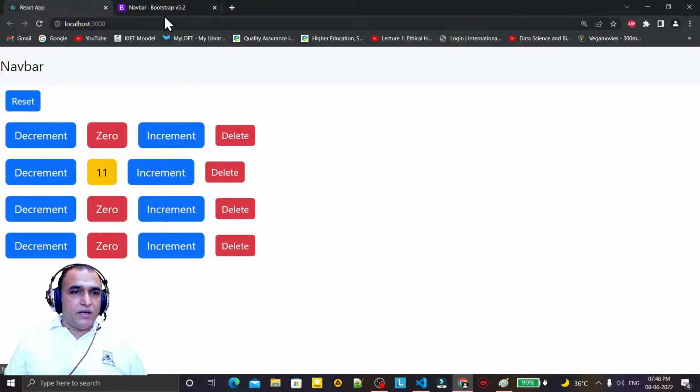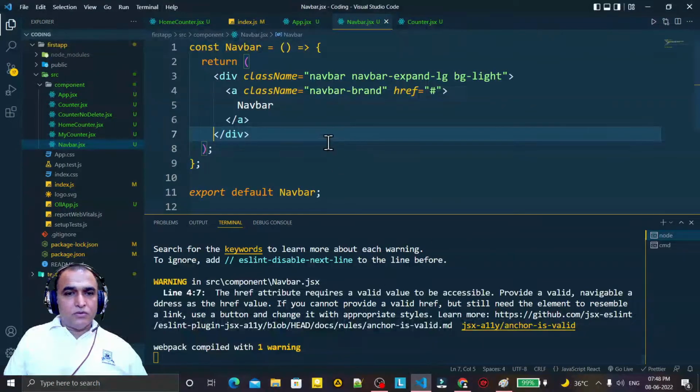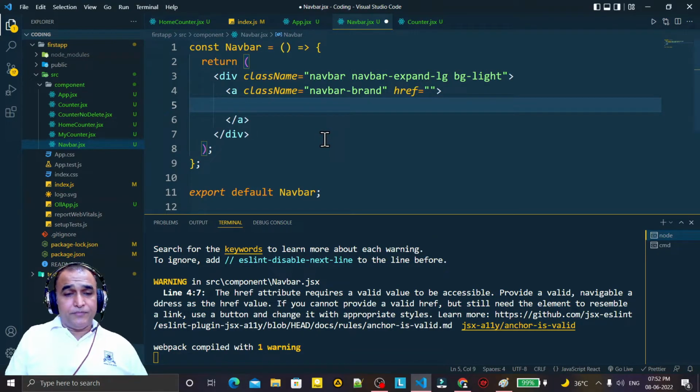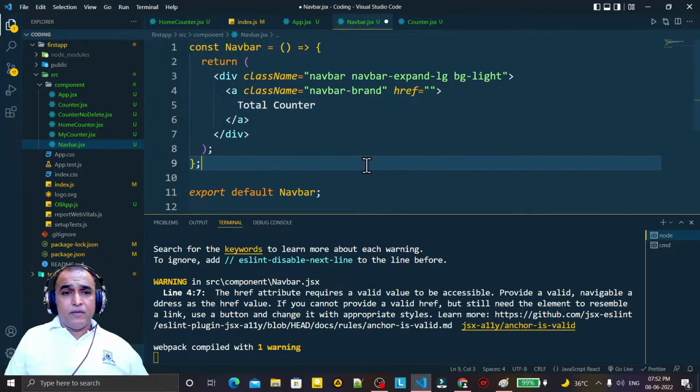Navbar is coming here, but we have a warning. We will see this warning also. So we have this. So we did navbar here, and here I say counter, I say total counter like this. I display here,